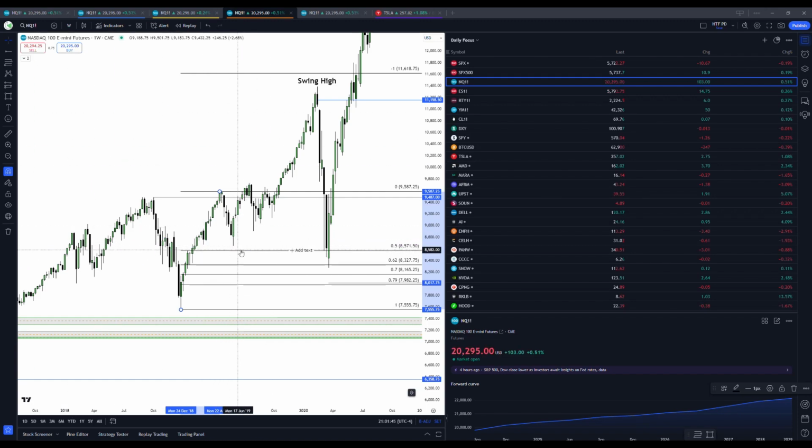Okay, if we do not get to that 50%, there's really no interest to me, because to me, fair value of a range, or of whatever we're talking about, NASDAQ in this instance, is right in the middle of our high and our low. That is equilibrium, right down the pipe. Now, from this point, the way that I look at this specific range is anything above 50% is premium. I am overpaying for it above 50%.